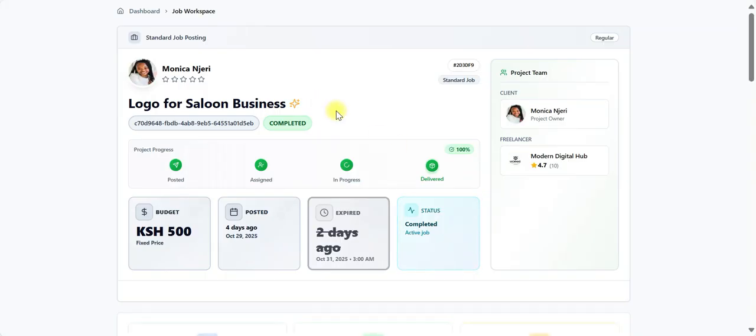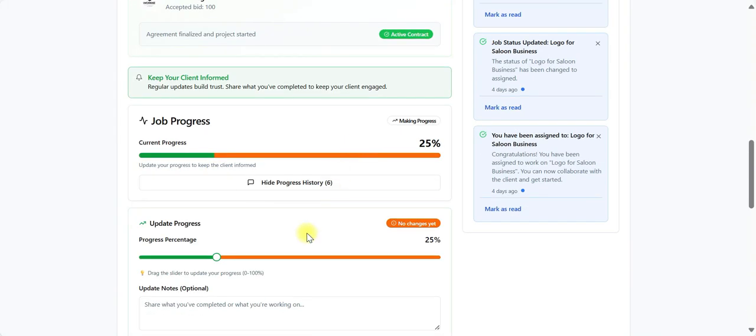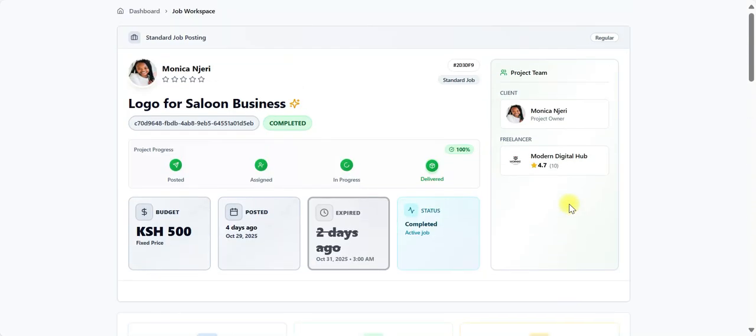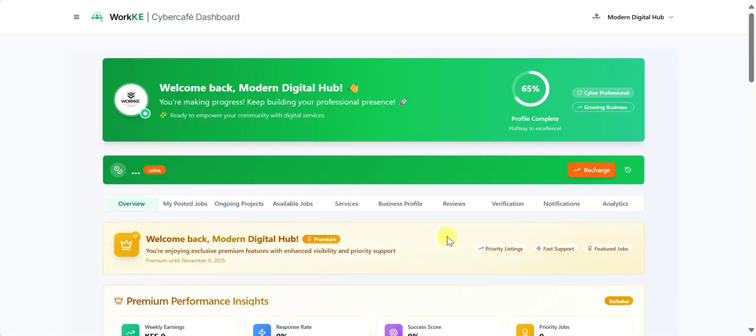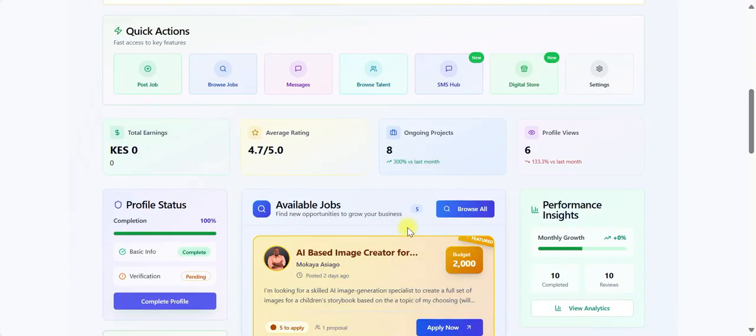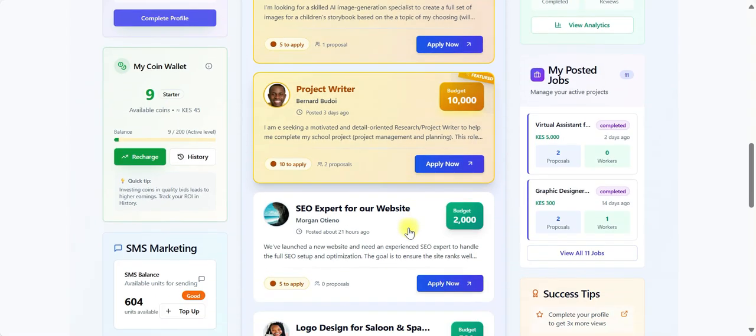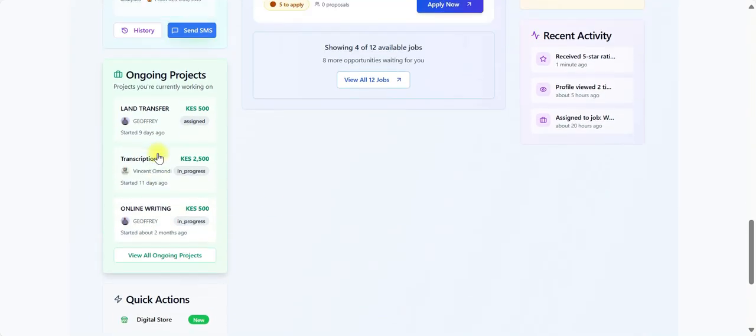Once the job has been marked as completed, nothing else is required from your end. Nothing much is required. That would be it. After that, all you need to do is start the process afresh, maybe bid again to be assigned, and things like that. As you can see, of my posted jobs, 2 are already completed. And when I come to this other side,